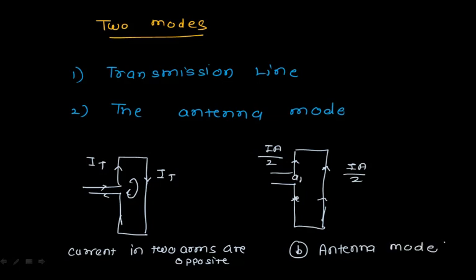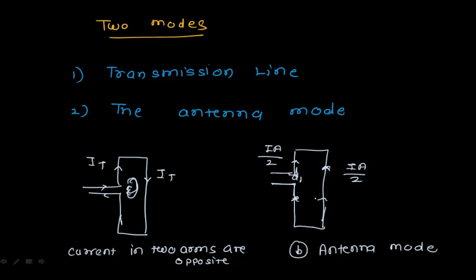Okay. So in figure number 1, you can see your antenna is a part of the transmission line. Your far ends are closed and they are forming a loop here. Now the antenna mode we are considering, the current in the second arm is just induced because of the first element which you are using here. So this current is denoted by IA, and that will get divided, and that's why it will be IA by 2.